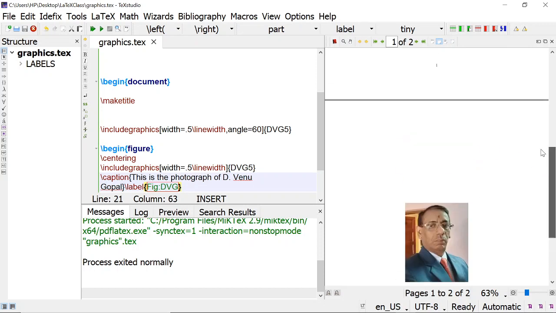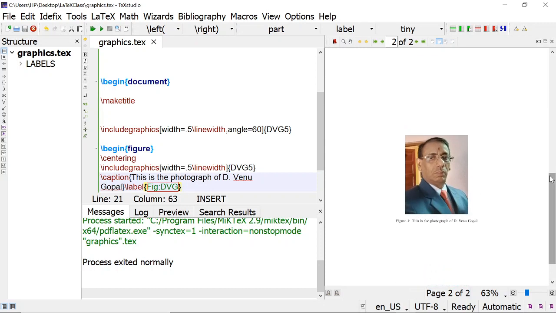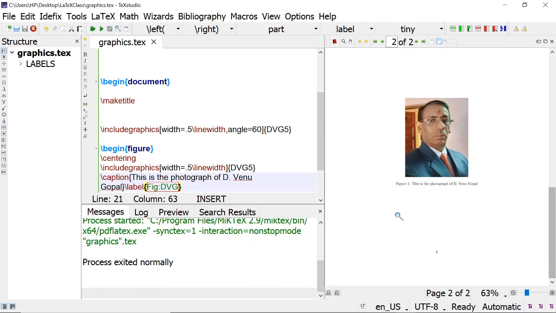Like these, tables also go at the top and bottom. And a LaTeX document can have 3 floats in a page, 2 floats in the upper side, at the top of the page, and 1 float at the bottom of the page.